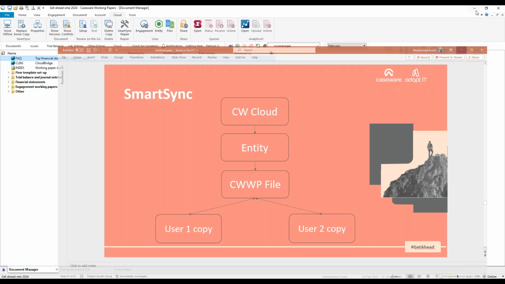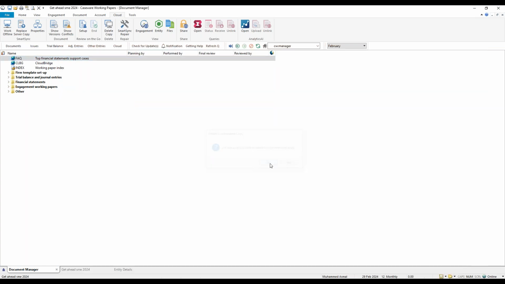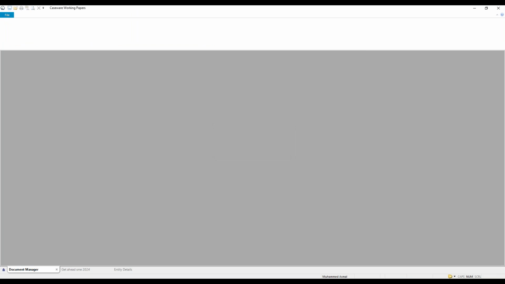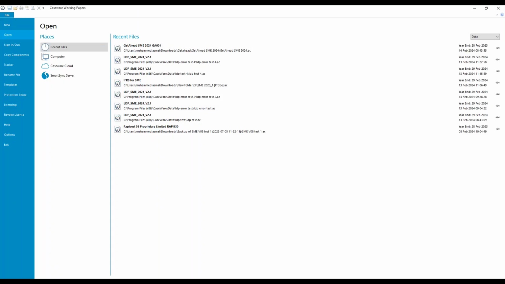To illustrate the process, I am going to delete the copy that I have locally. When it's deleting, it'll make sure that any change that I've made goes up to the parent copy. And now I'm going to create a child copy. This is the process that you're going to have to follow most often, because as you work on a day-to-day basis, at the end of every day, when you finish with the file, you'll delete your child copy. These changes will sync up to the parent, and the next day,